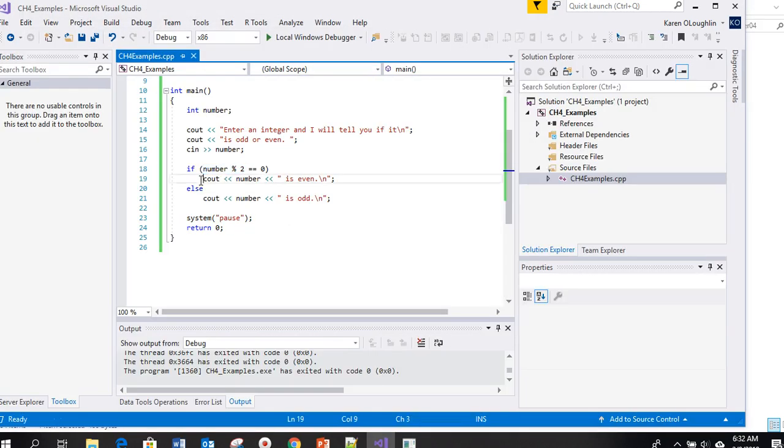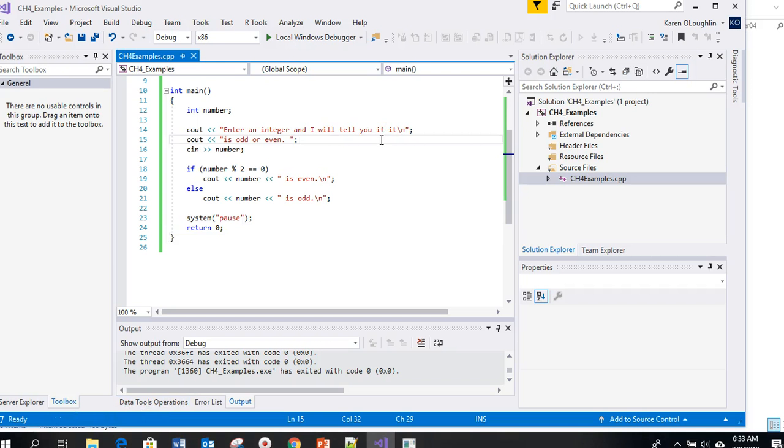And in order to do that, please take a look at the output statement here. So they see out, and then they have the number, and then they have "is even" with a \n for a return. Okay, and they're using the separators. Those of you that are used to Java, this is just like concatenating strings in Java with a plus sign, but instead of the plus sign we use the less than symbol there. Okay,